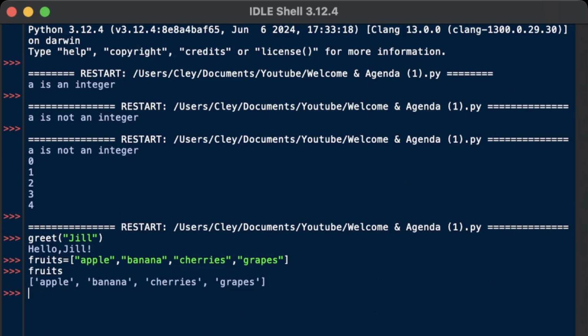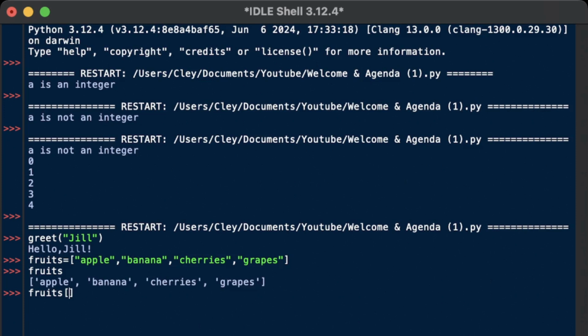What you can do is fruits, square brackets, you can call wherever the apple is, or better yet, the position. Remember, Python starts counting from 0. So apple is position 0, banana position 1, cherries position 2, and grapes position 3, though there are 4 items